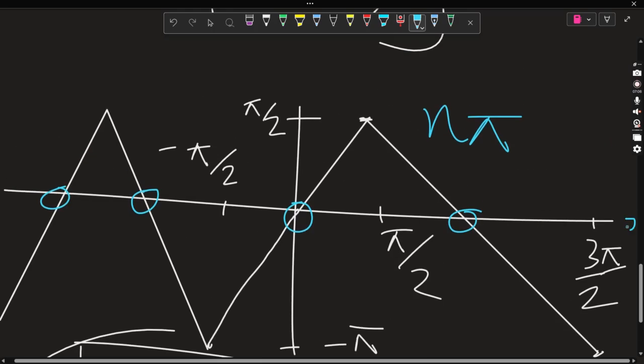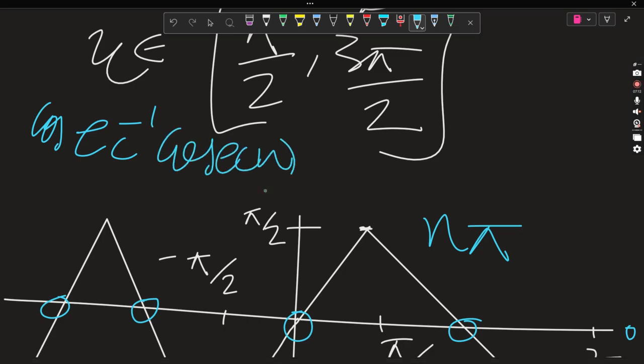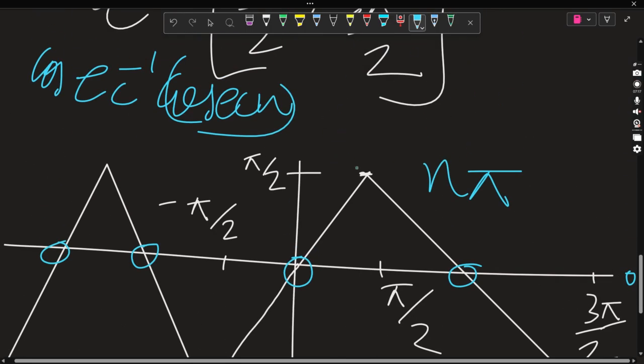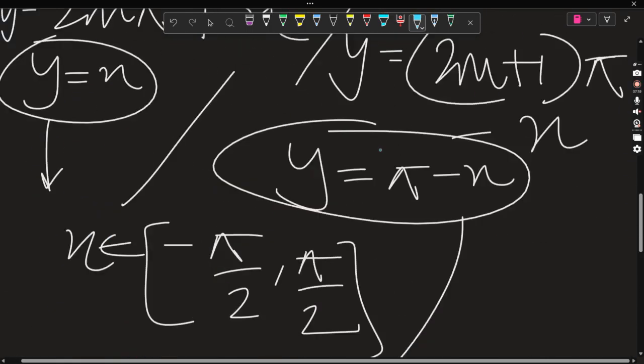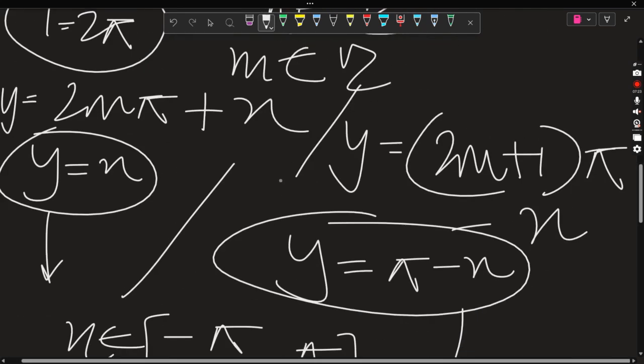So this can be the graph for cosec inverse of cosec x. Got it? And the white one is for sine inverse of sine x. And similarly, we'll construct the graph for cos and sec. So